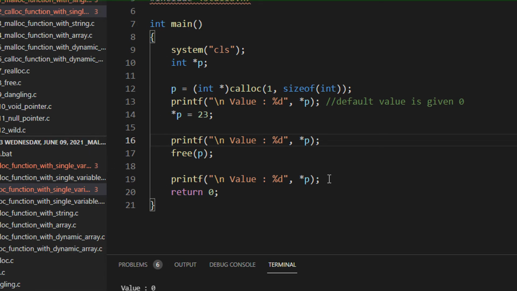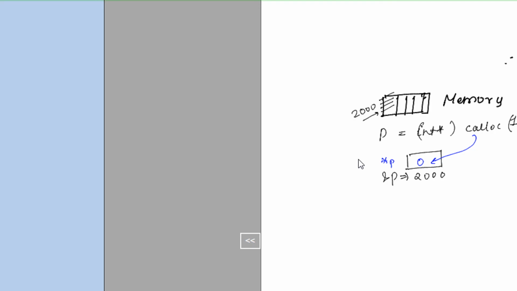Now when you do free p, you basically lose the access to this particular memory location. When you lose the access to a particular memory location and I'm doing a star p, it may point to some random memory allocation, let's say 8000. Even if it is pointing to 2000, the moment you do free p, this complete value is also lost and replaced by a garbage value.